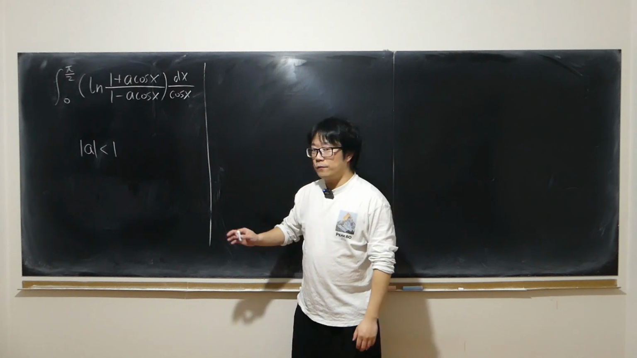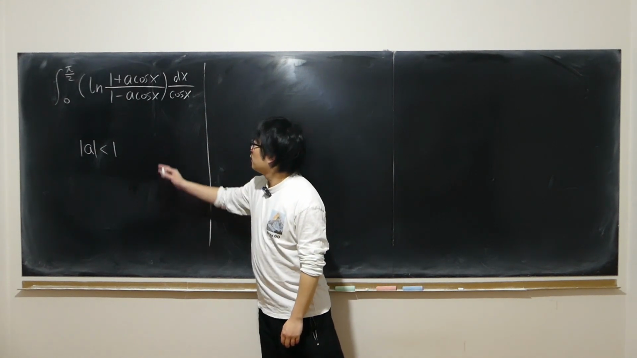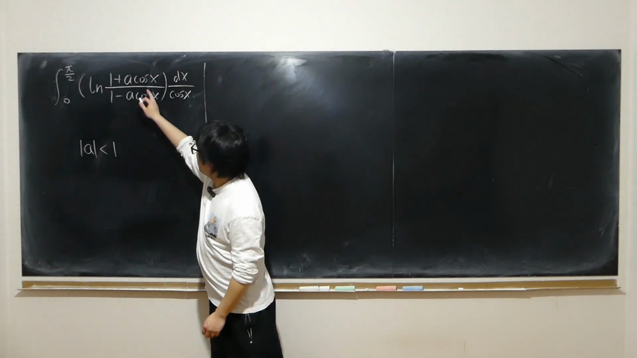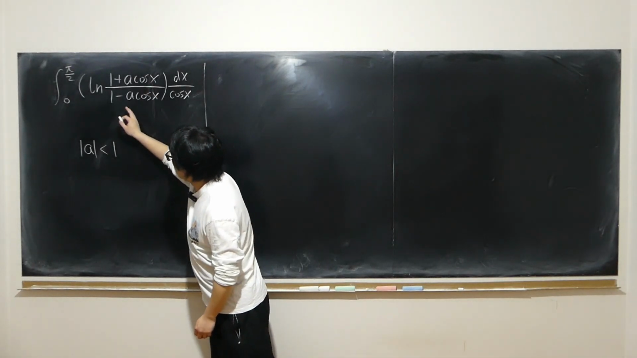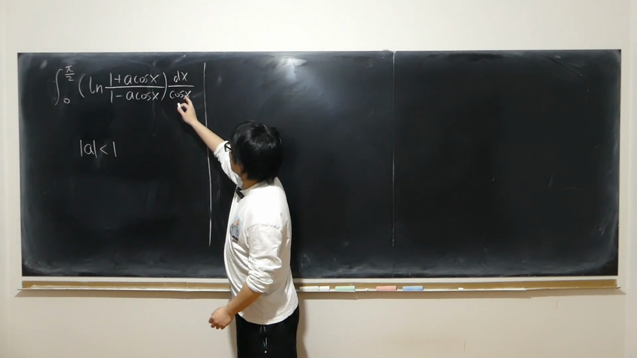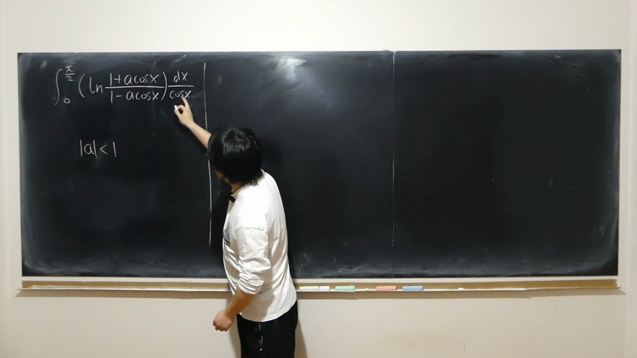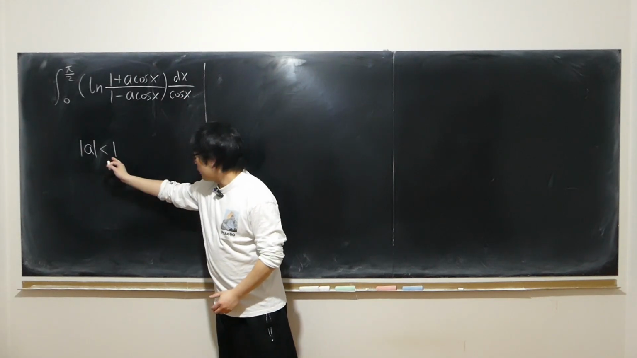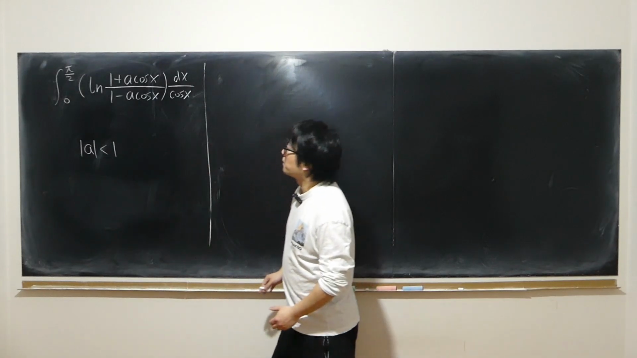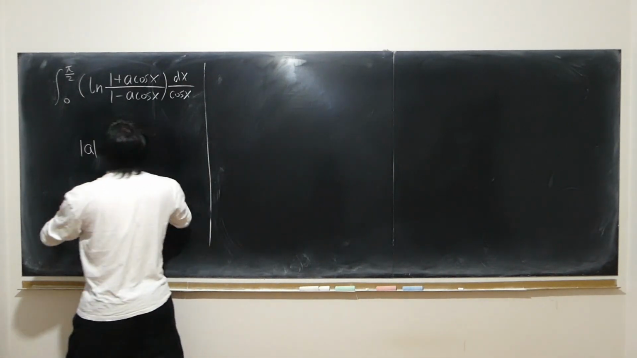Today we got this definite integral from 0 to half pi of log of (1 plus a times cos x) over (1 minus a times cos x) dx, and cos x at the bottom here. We require the absolute value of a to be less than 1. So if I just let this